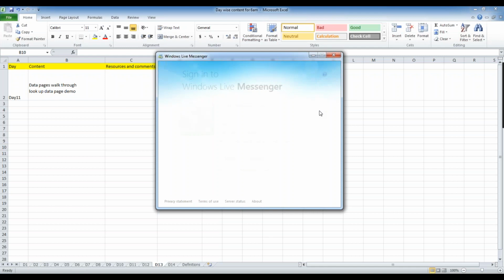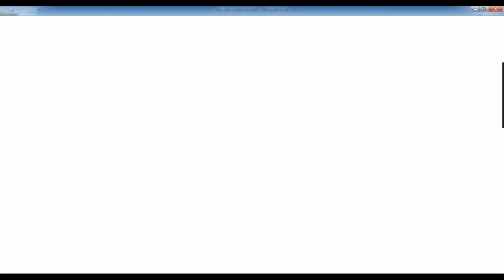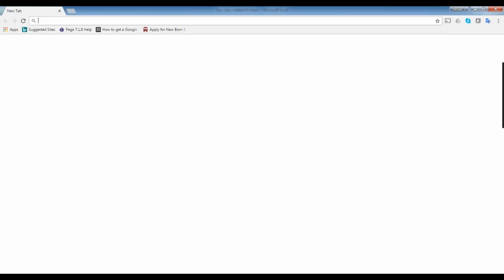Okay, Subhash. Actually, a report definition is there, right? To populate the values, can't we directly access the report definition without a data page? Yes, we can. But a report definition doesn't have these refresh strategies, conditional filters and refresh conditions. Those things are there in the data page, that's the purpose. Okay, now I got it.